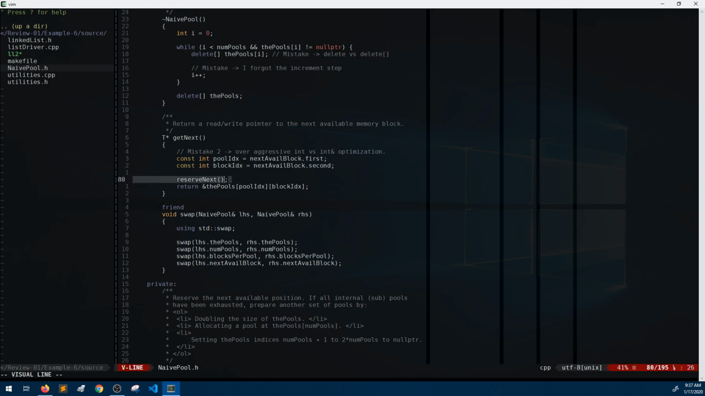Then I'm going to go ahead and call the naive pool reserve next function. So if I need to reserve more data, it will handle that. If I need to allocate a new block or something, this will handle that logic. But at the end of the day,